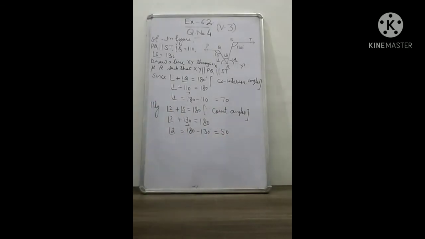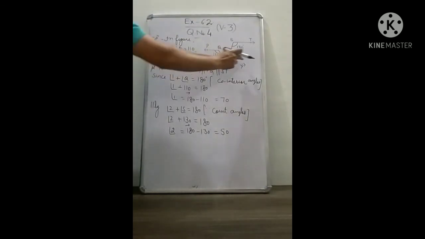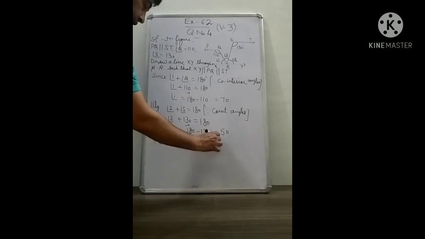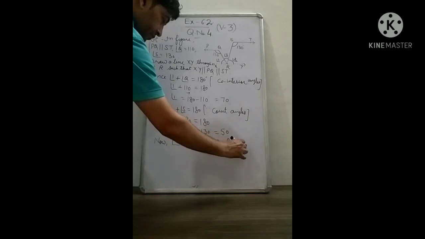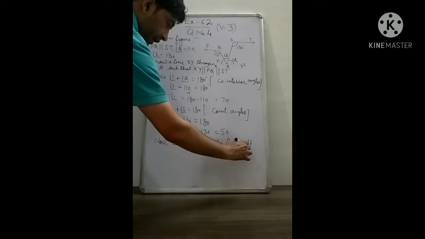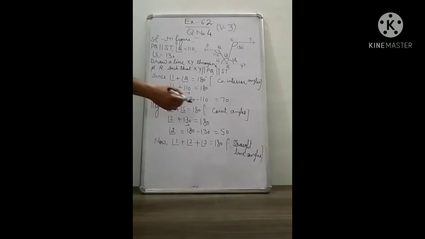Now you have to find angle 3. For that, see that all these three angles are on the same vertex R and on line XY. So angles 1, 2, 3 are known as straight line angles. You write now angle 1 plus 2 plus 3 is equal to 180. And what is the reason? Because they are straight line angles. You can also call it the linear pair axiom, but nowadays this is the standard.